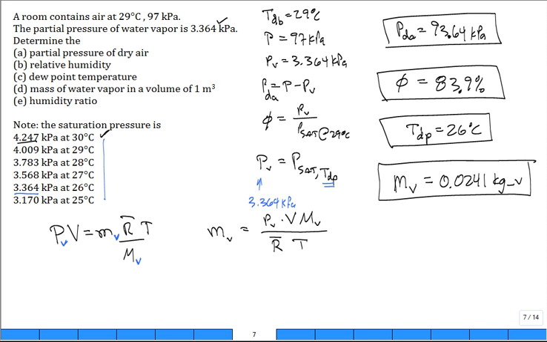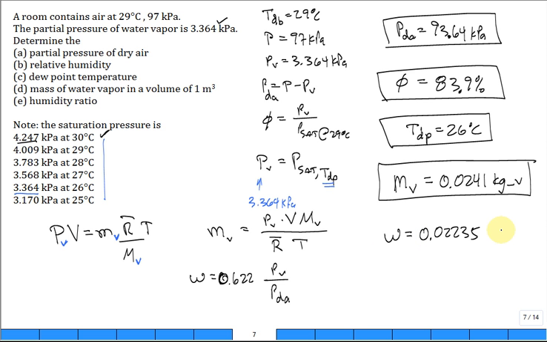What is the humidity ratio? Well, omega, that's the mass of vapor per mass of dry air. We worked it out to be 0.622 times the pressure of vapor divided by the pressure of dry air. So we know the pressure of the vapor, the pressure of the dry air, and the ratio of molar mass is 0.622. Calculate the humidity ratio,